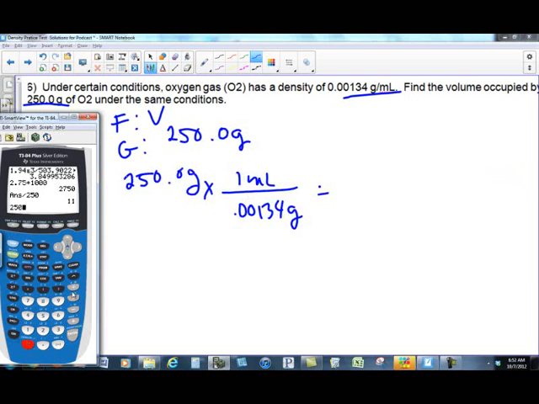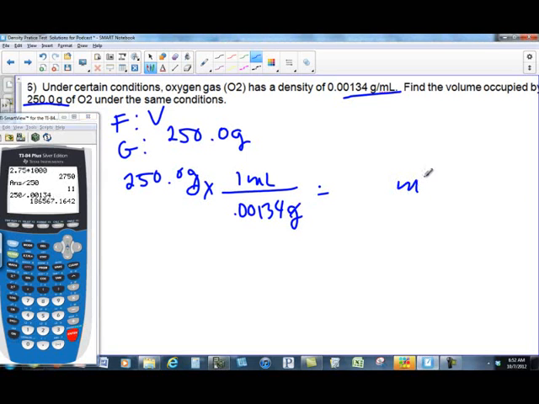When I punch that in, I get 250 divided by 0.00134, and grams cancel. I'm left with milliliters. Let me see, I've got 4 sig figs in my given, so I want 4 here, so it's going to be 1, 8, 6, the 5 goes up to 6. But I need a placeholder, so I get 186,600 milliliters, which is usually best